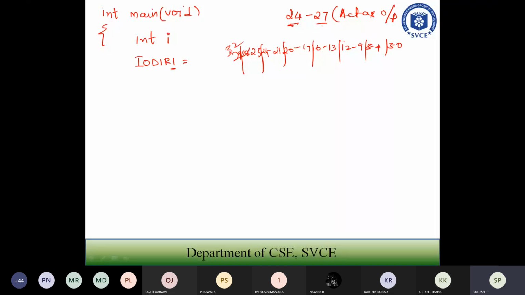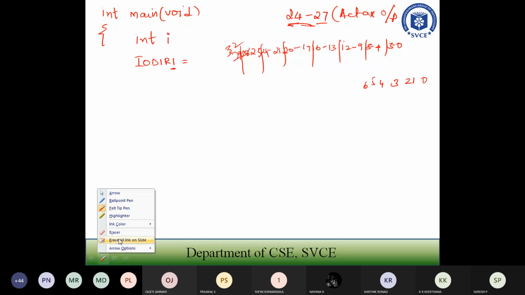So these bits I have to set. So that means 0, 1, 2, 3, 4, 5, 6. So to set that particular bit, I will make my IO direction register. Okay, so I will make.